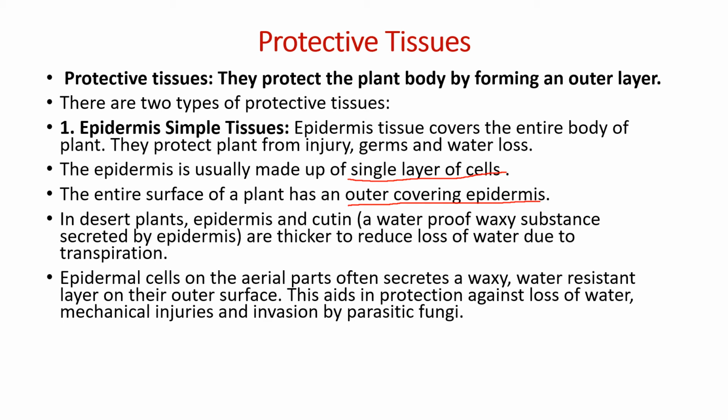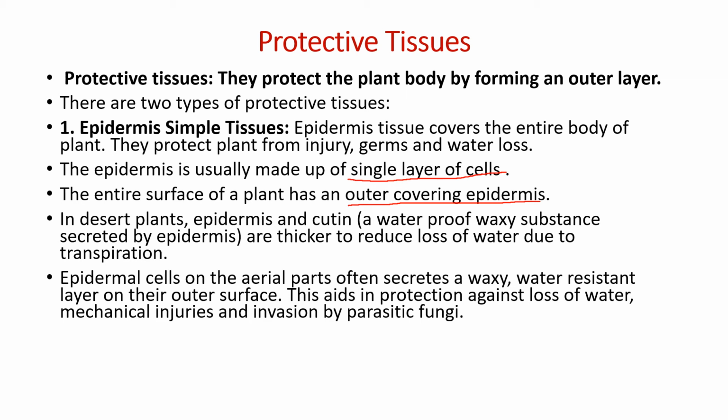This is shiny, waxy, and this is thick. This is because it reduces the loss of water, and it is smooth so that water cannot lodge on the leaves. Otherwise leaf will get infected by fungus and bacteria,